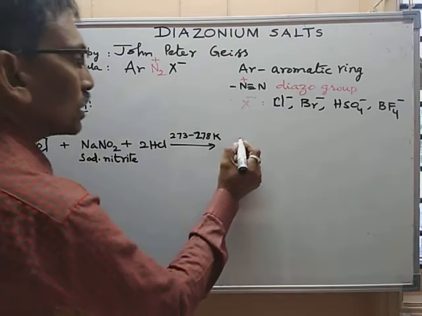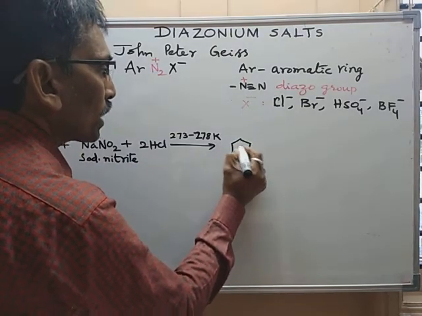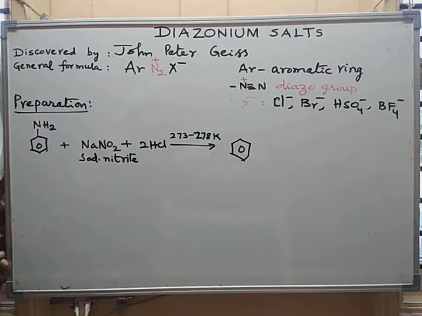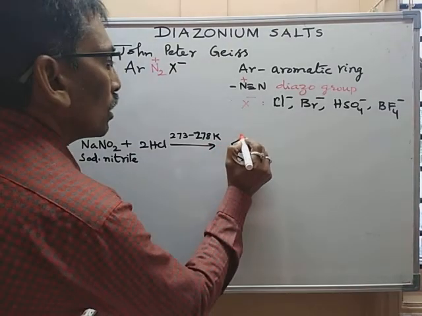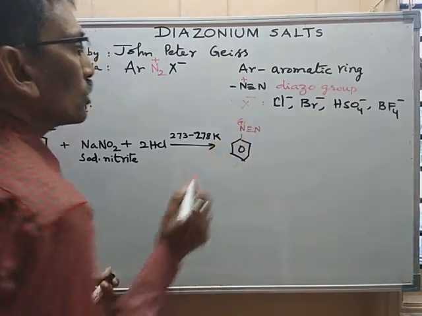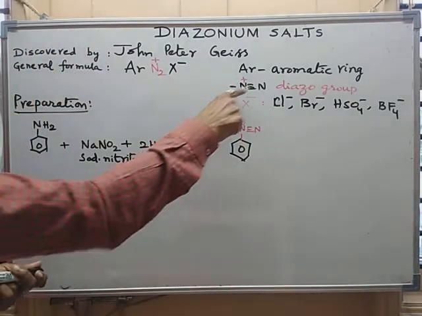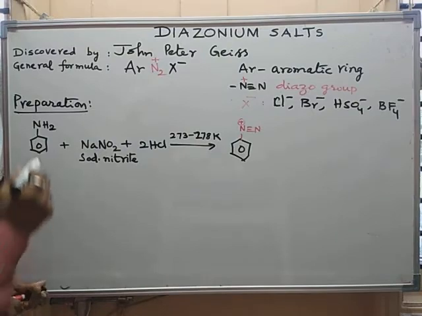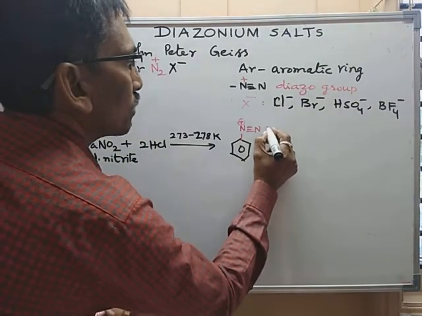Then you got C6H5 and NH2 becomes N triple bond N and this nitrogen acquires positive charge, that is N2 plus group, which is known as diazo group, and Cl minus,